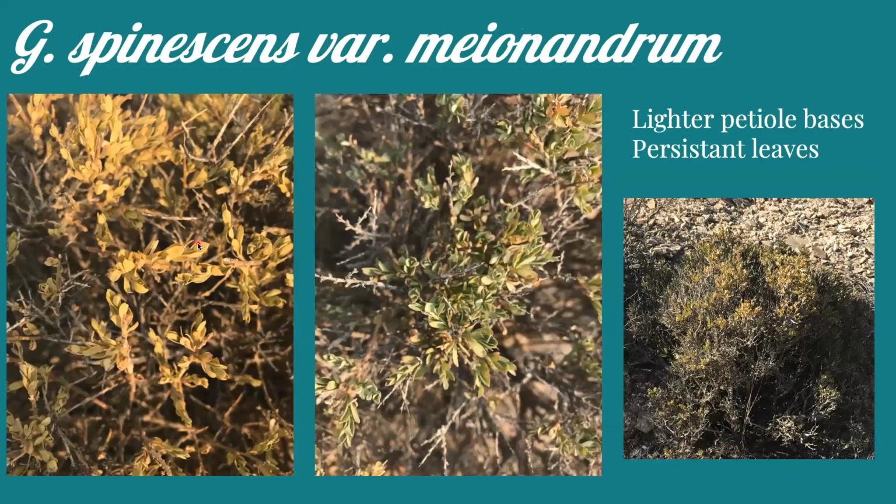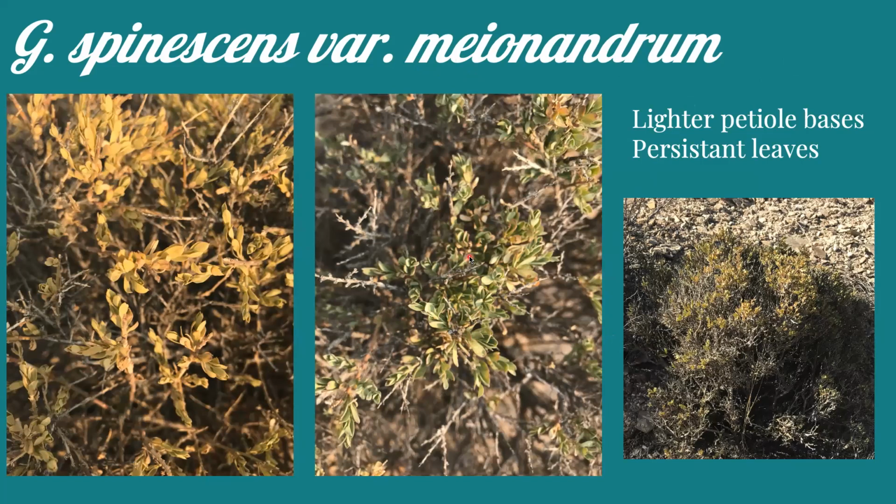And then for your last option in terms of seeing different varieties in New Mexico, that's going to be variety Meonandrum. And this one is similar to Plantarum in that it keeps its leaves, but the difference is that it has really light petiole bases. So those big, dark, swollen ones, you won't see that in this variety. They're just going to be light, not very noticeable in this one. So lots of variation in this